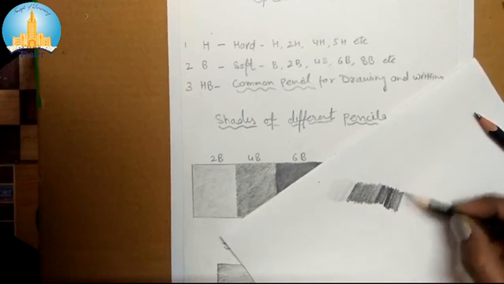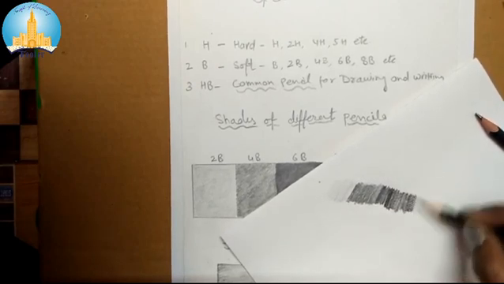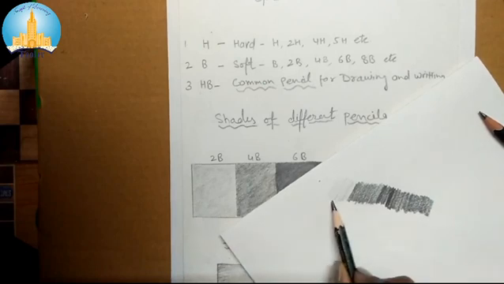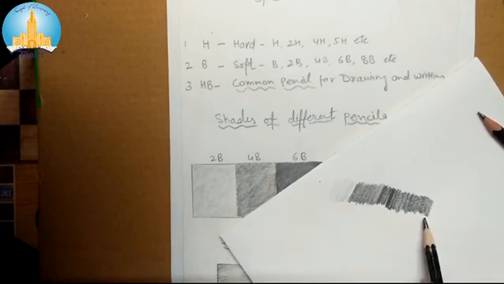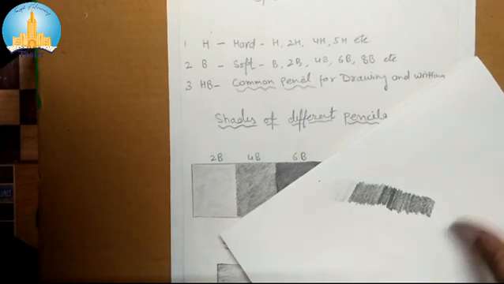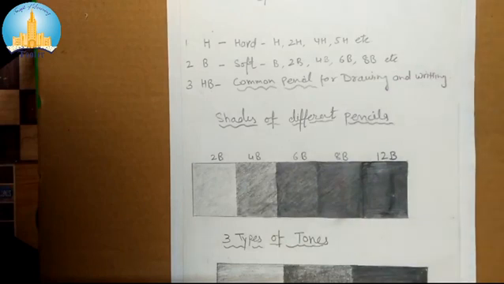So you can see the texture, the smoothness of the pencil, the smoothness of the shade is visible. Here light, semi-light, dark, you can see all these shades. So it's all about the pressure you put in your hand while doing the shading. Okay, so now come to the next. Here, the next thing is also very important to know about.